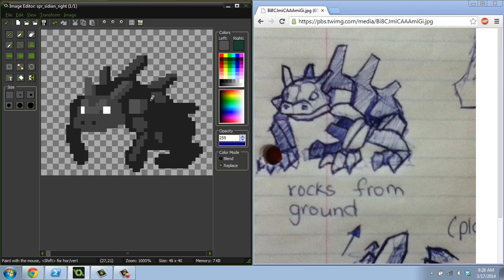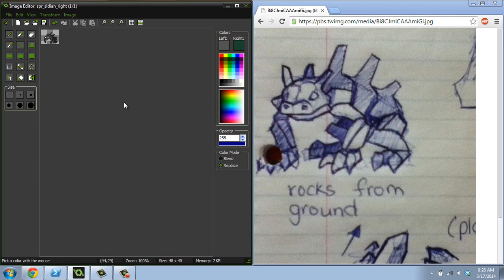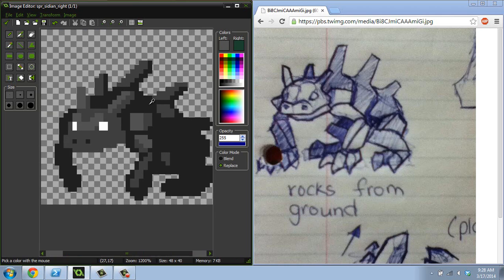Wow, I went so far as to do 3 colors on this one. Normally, like on my other ones, I only did 2 colors. But this one's quite, like I said, it's just more complex. It needs that 3rd color in there. That 3rd shade, I guess, in this case, since I'm not using colors, but